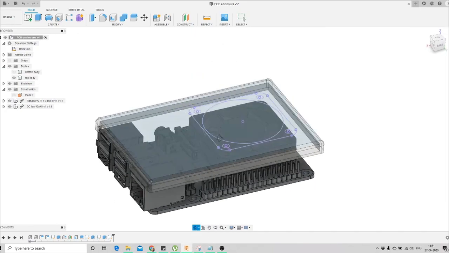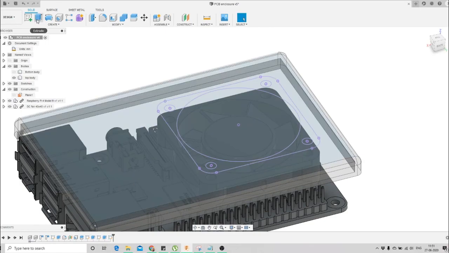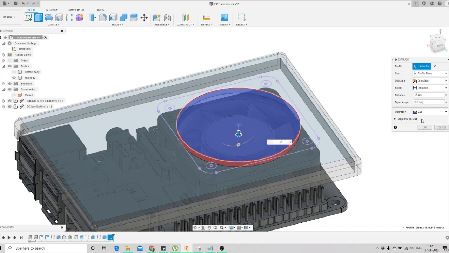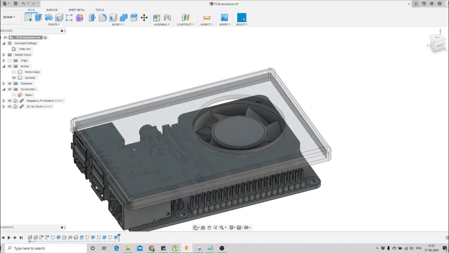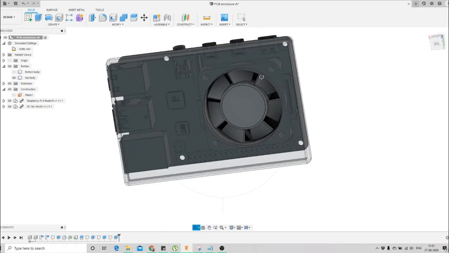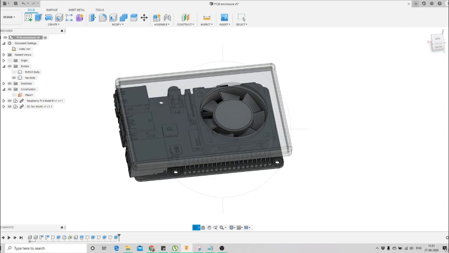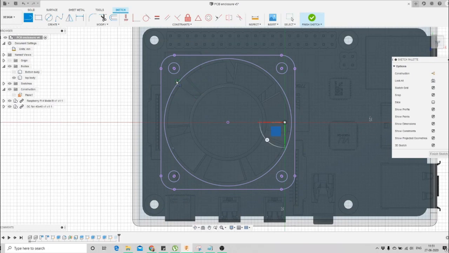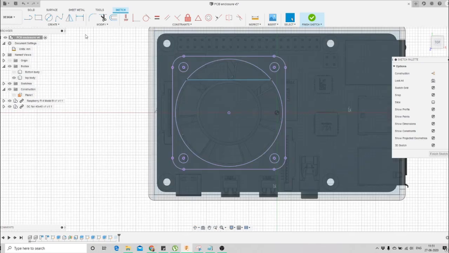So here you can see we have created this profile. What we'll do is select this extrude option. We can select this complete profile and make it a -2 mm cut. Instead of making a through 2 mm cut, we can make some profile here like a case or something like that. So to do so, we'll go to edit sketch and create some edges here. So it will not be a through cut actually. It will be something that will be like a case actually.